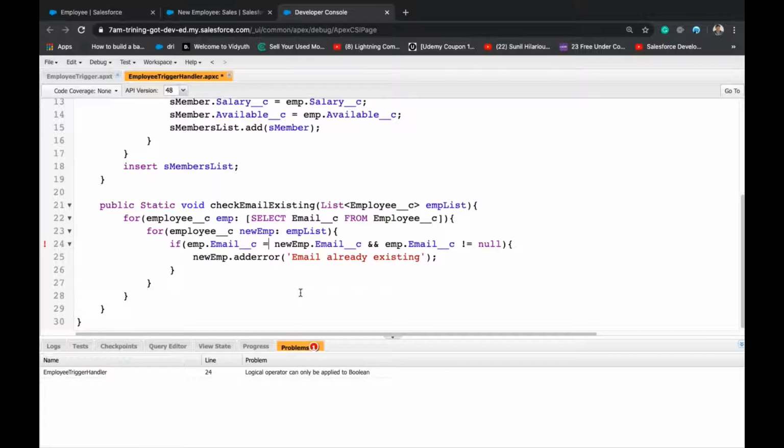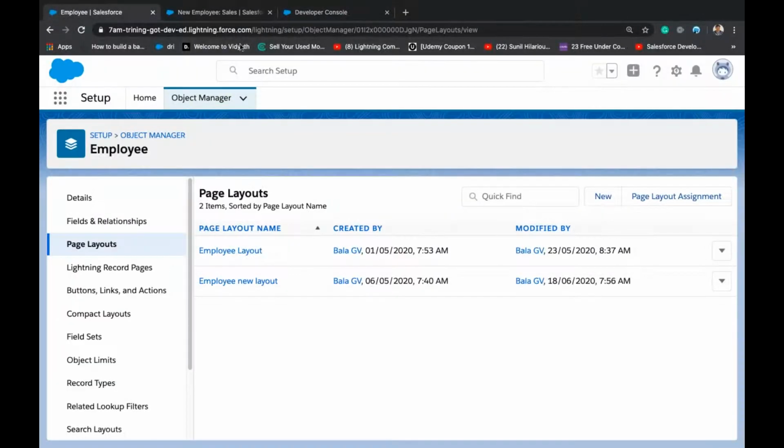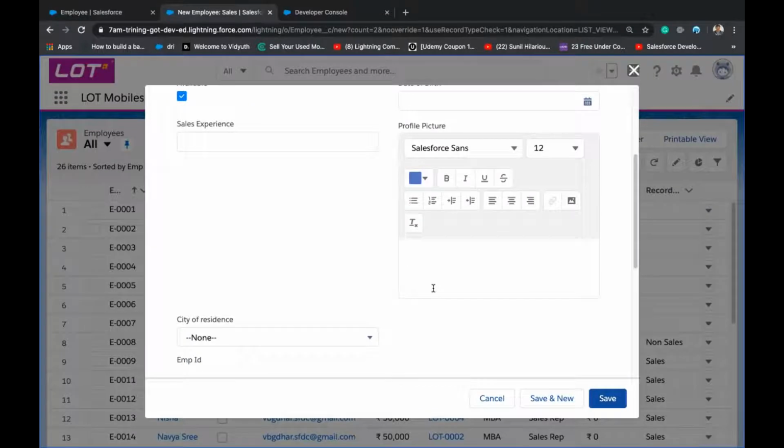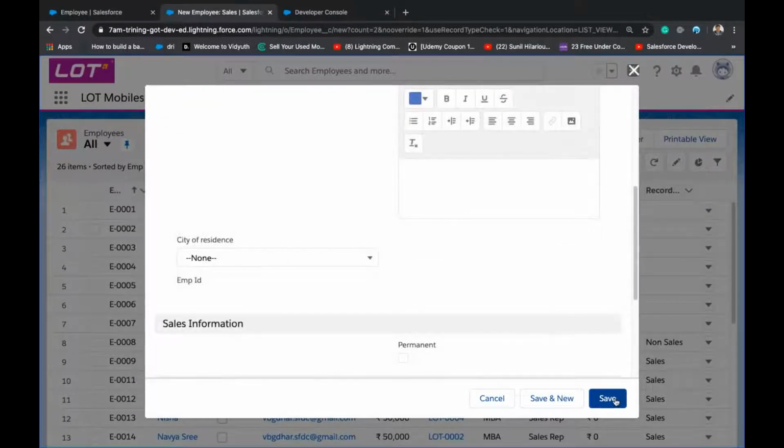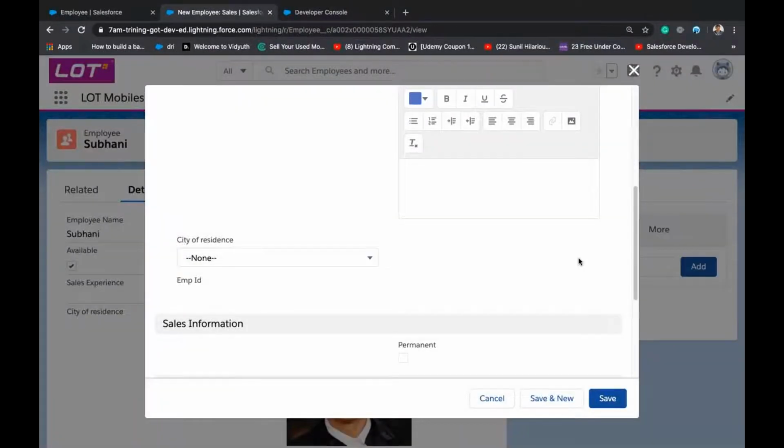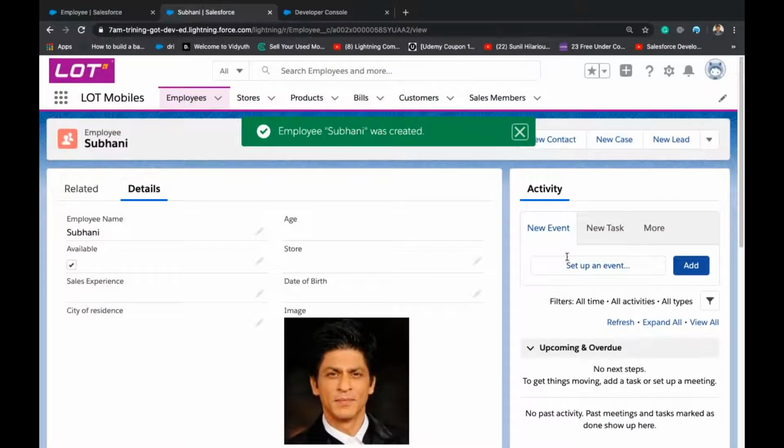A single equals is to assign, not to compare. Okay. So now we are checking it should not be null. Now this won't stop. This got created, right?